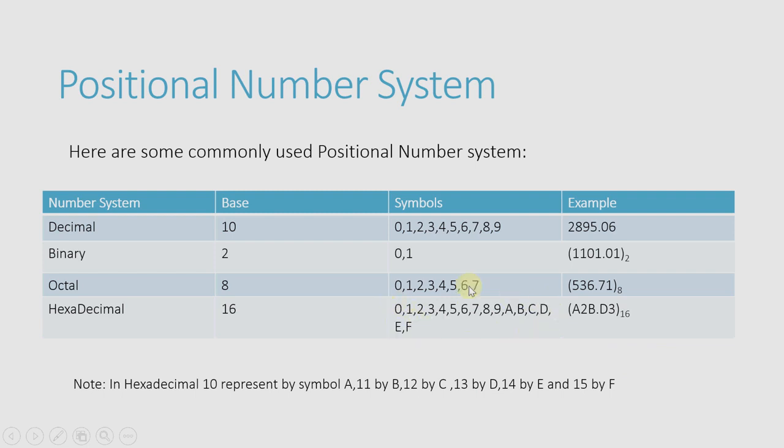So here we have a total of 16 symbols: the digits from 0 to 9 and the letters from A to F, where A stands for 10 and F stands for 15. We can represent a number in hexadecimal like AB.D3. It means here we have 10 and 11, point, then 13 and 3. So using these symbols we can represent a number in our number system. Basically we are using 4 number systems: decimal, binary, octal and hexadecimal.